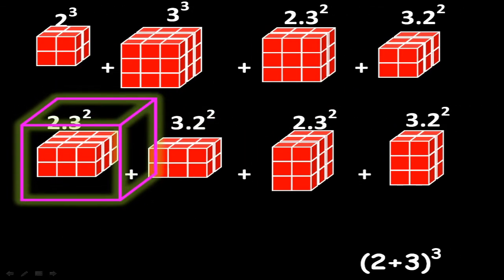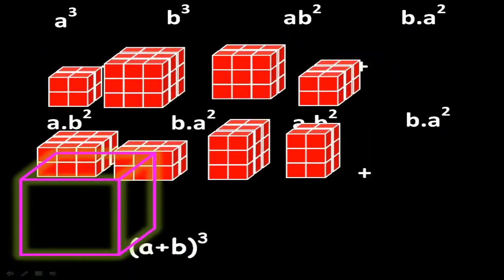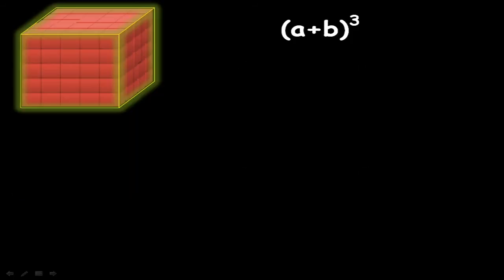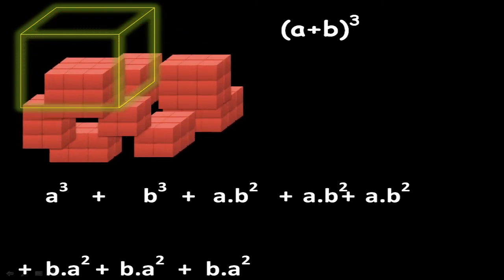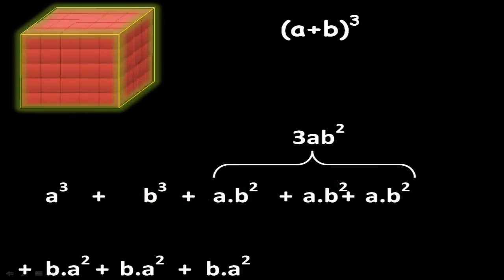This is the expansion, that is the visual expansion for a plus b cube in terms of 2 and 3. Shifting to the variables, we get here cube of a plus cube of b, 3 cuboids having dimensions a square times b, and 3 cuboids having dimensions a times b square. Or we can write it as a cube plus b cube plus 3 times a square b plus 3 times